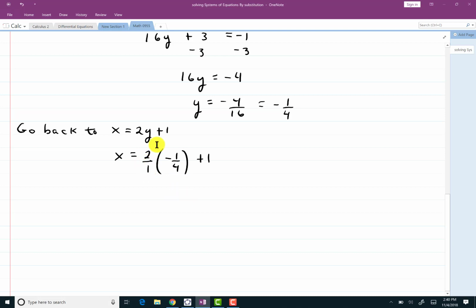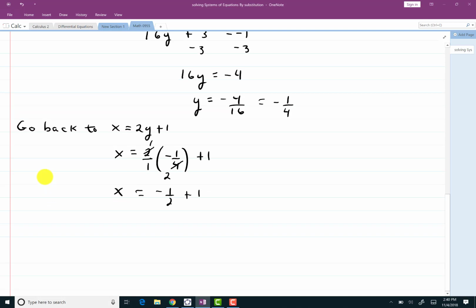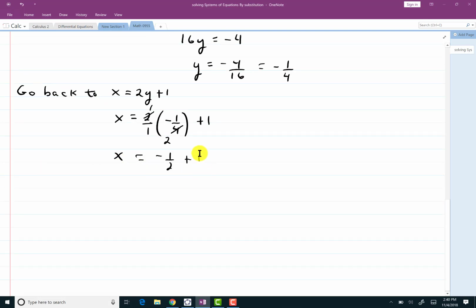If I put the 2 as being 2 over 1, then I know I can cancel this. I'll be left with a 2 here and a 1 here. And I'll see then that I have negative 1/2 plus 1. Not quite done yet. I'll change the 1 into a 2 over 2. And it looks to me like I'll end up with x equals 1/2. So combined with my y equals negative 1/4,